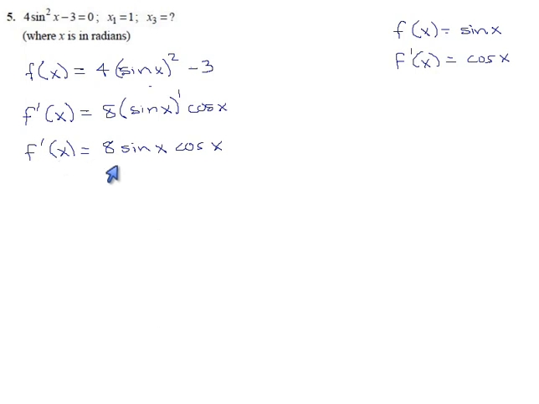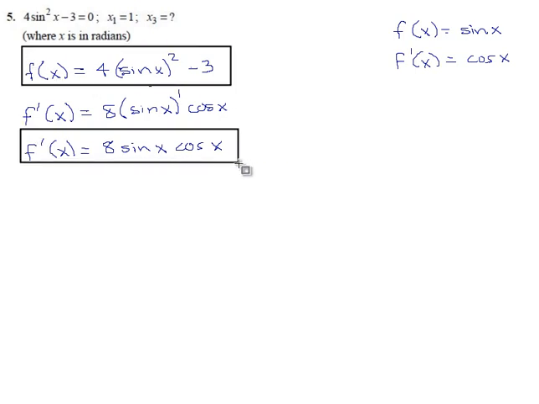If you're really on top of your trig identities, you know that we could clean this up to, I believe, 4 sine 2x. If you notice that, well done. But it's not essential, and I'm not going to do it for this version. We'll keep this derivative. We won't tweak it too hard. This will be enough to get the job done. So there's our function and its derivative. And we know, here's the Newton's method